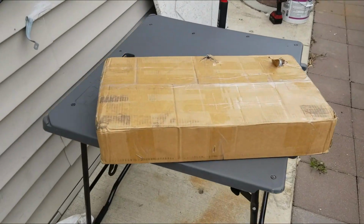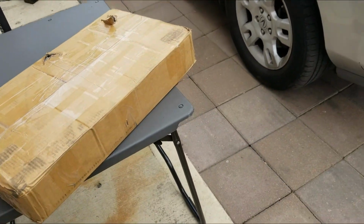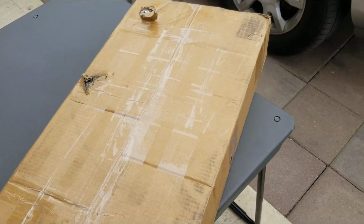Right here we're gonna be installing some suspension components, some ball joints specifically for this video. There's a whole set of stuff that I bought in here that I do not remember what it is, but